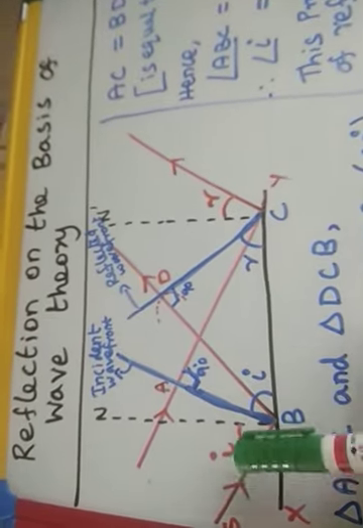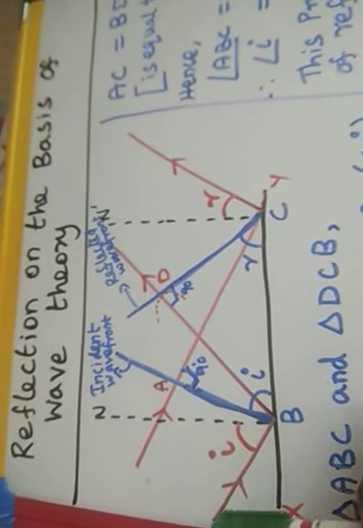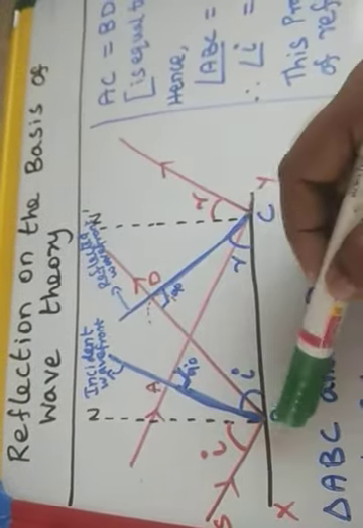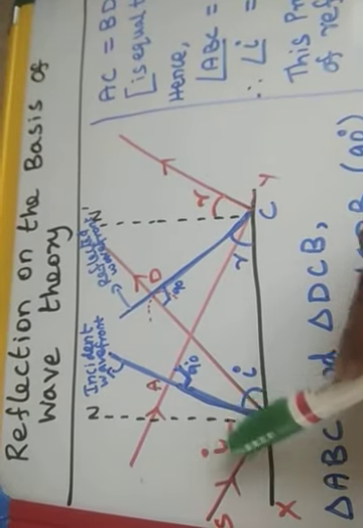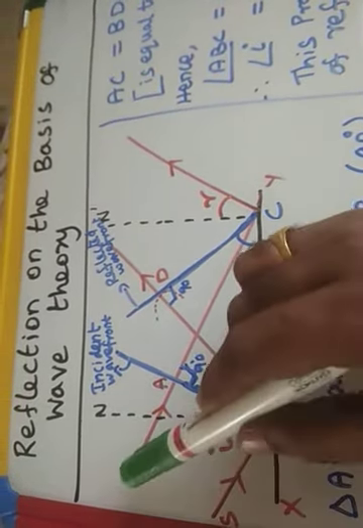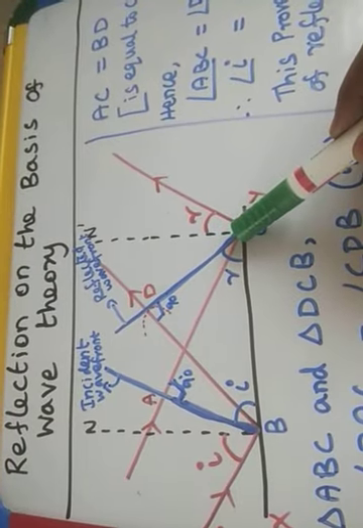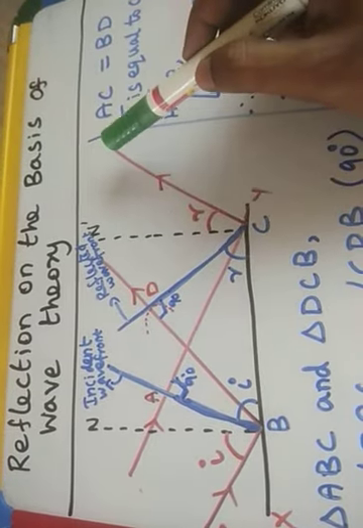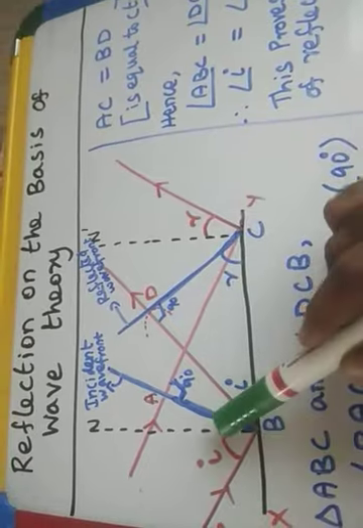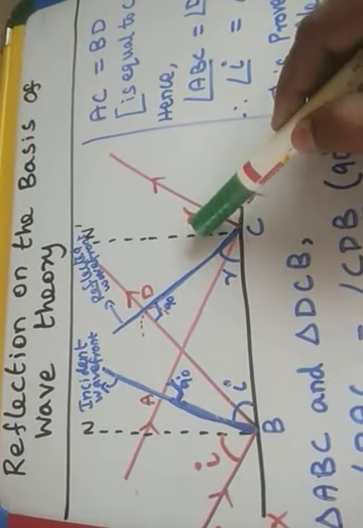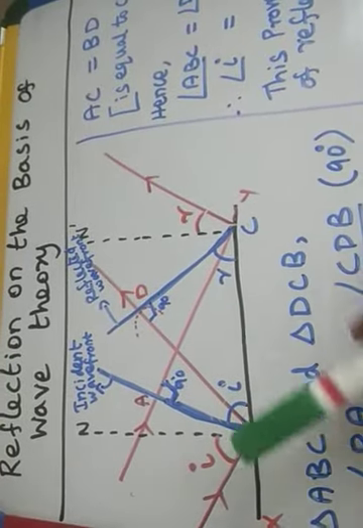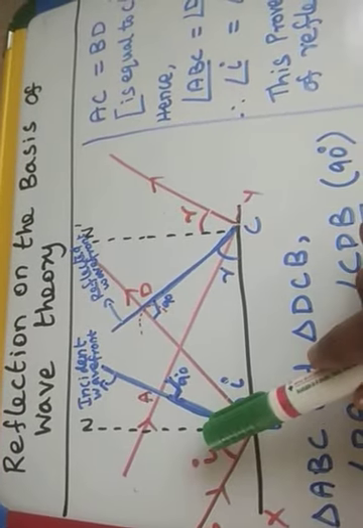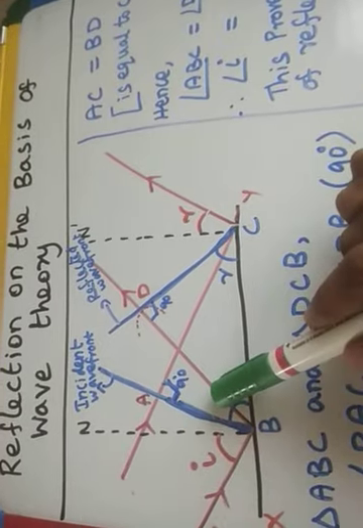Dear students, look at the picture with the red color. This is the incident ray, this is the reflected ray. The black color line is a normal line. The angle between the incident ray and the normal is the angle of incidence. Another ray hits the same reflecting surface, this is the reflected ray, this is the normal line. So this is also the angle of reflection, the angle between the normal line and the reflected ray. For the first ray I will show the angle of incidence, here also the angle of reflection is there,